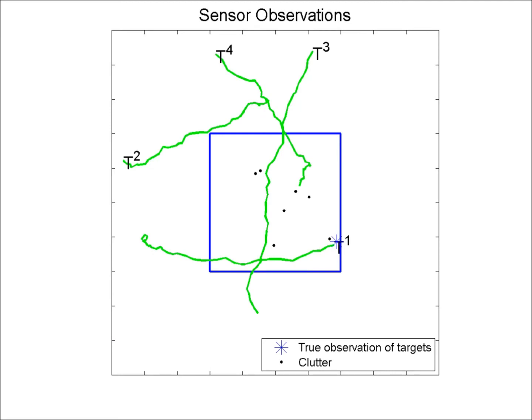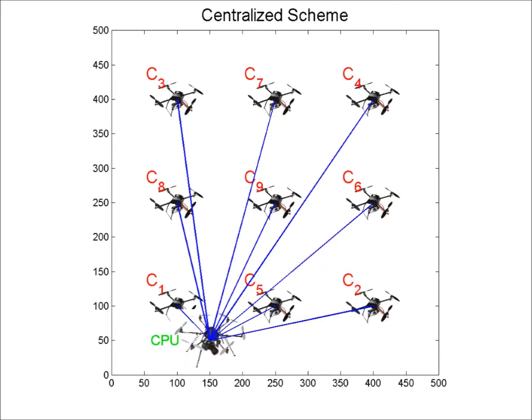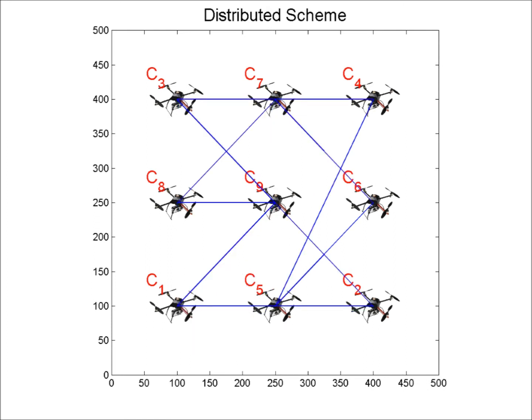A target state consists of some information about it. For example, it may represent the location and velocity of the target in the ground plane. To estimate the target states, the measurements from all the sensors can be fused in a centralized manner. However, one might want to eliminate the use of a centralized processing unit for many reasons, and use a distributed solution where the sensors may be connected using some arbitrary topology. Distributed solutions are more robust to node failure, and scale easily with large number of nodes. Our goal is to track the targets in a distributed manner, using all the measurements in the network. For this, a distributed data association and state estimation framework is necessary.